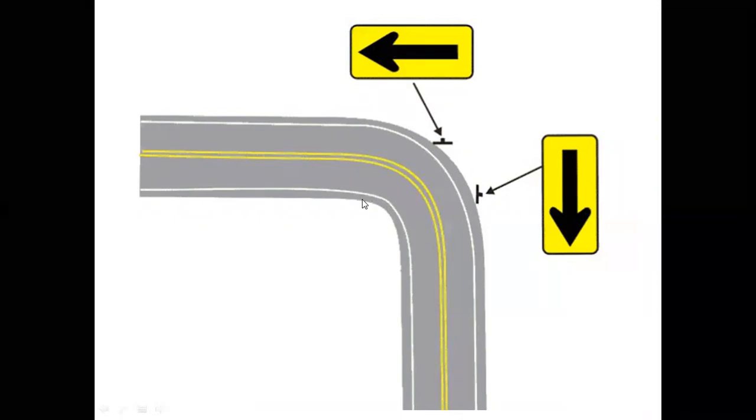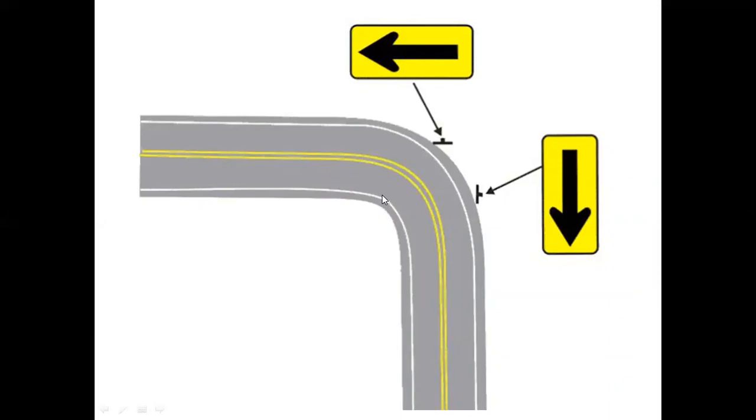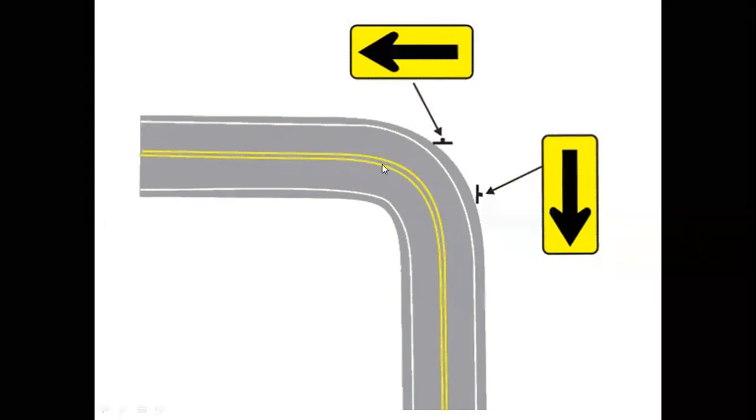One more thing which I want to stress here is, suppose you are the driver and you are coming from this direction, you can see my mouse arrow, and you are traversing this horizontal curve. When you are moving in this direction, this is the outer side of the curve, the outer end of the horizontal curve. And this will be the inner side of the curve. The inner side will be almost the center line or the median, correct?